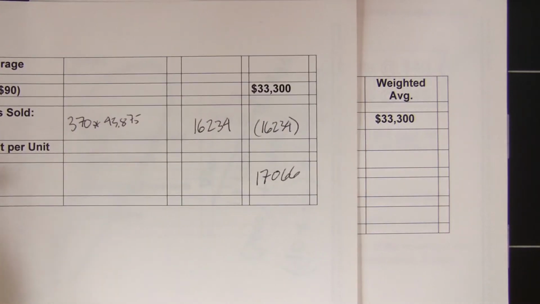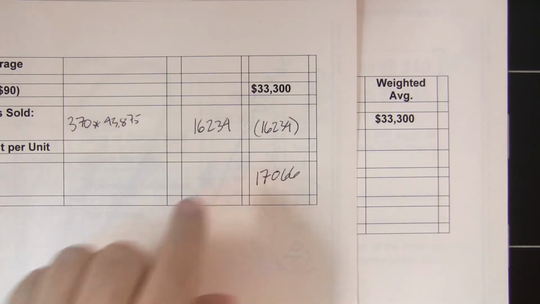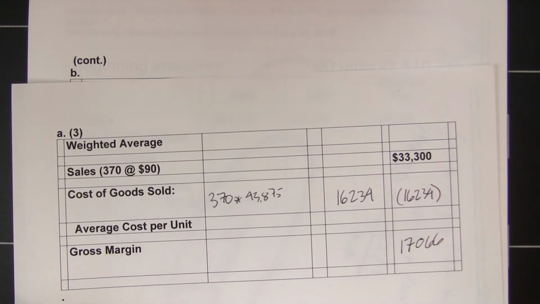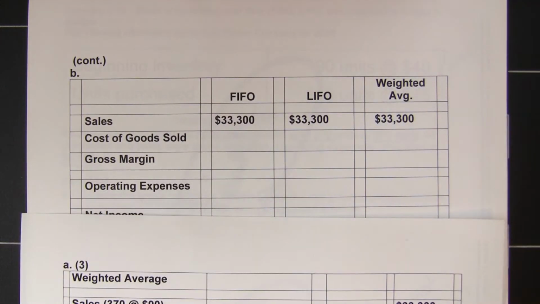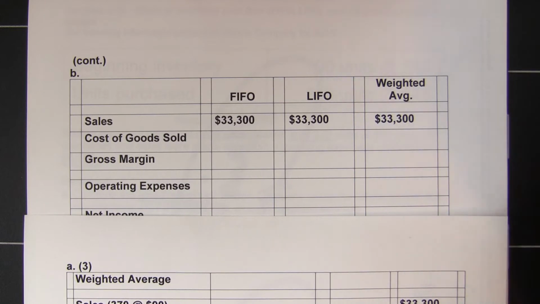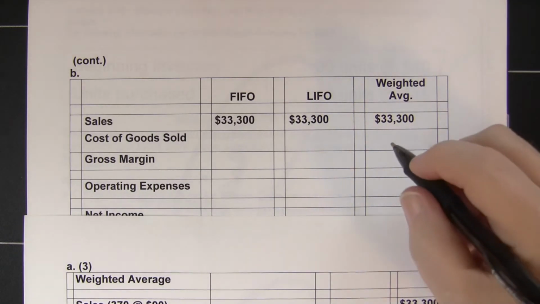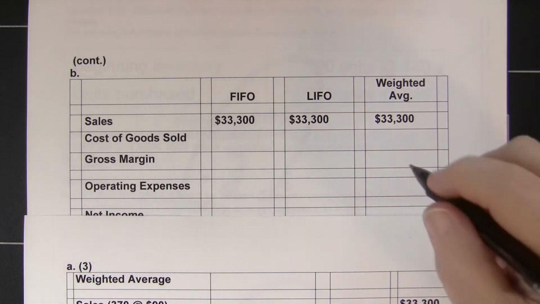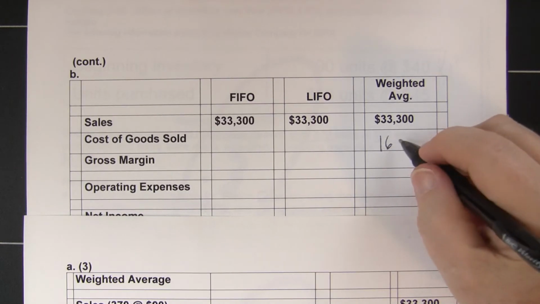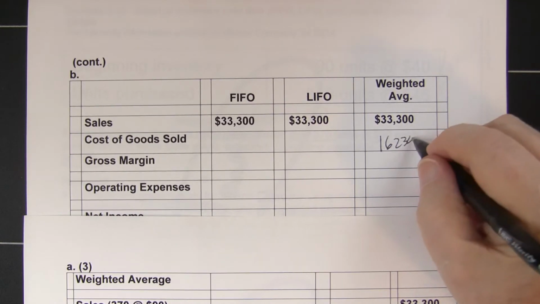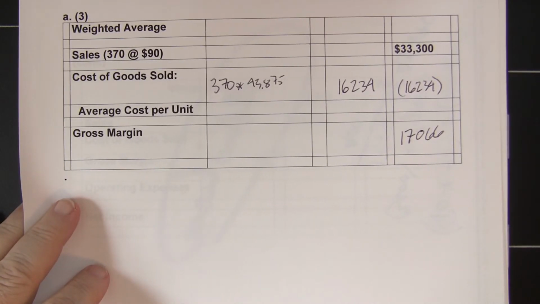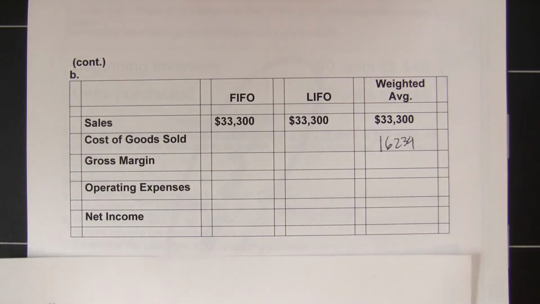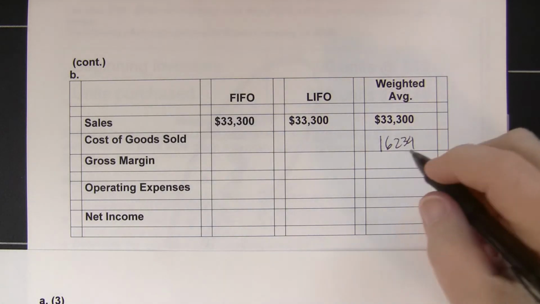Taking a look at weighted average, our weighted average cost of goods sold is $16,234. We got that from there. Our gross margin,